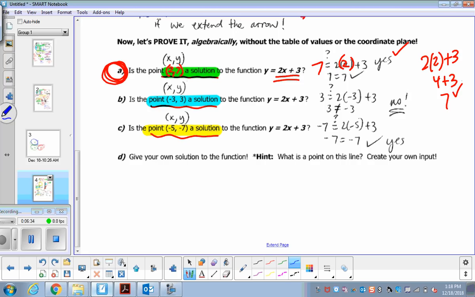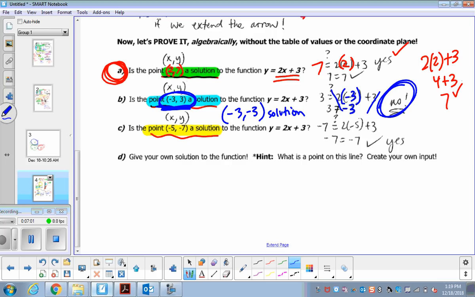Now in the next one, if I plug in a -3 and simplify, I get -3. So if I plug in a -3, -3 is the output. This is asking if I plug in a -3, will I get a +3? And that's why the answer was no. So (-3, -3) would be the solution,